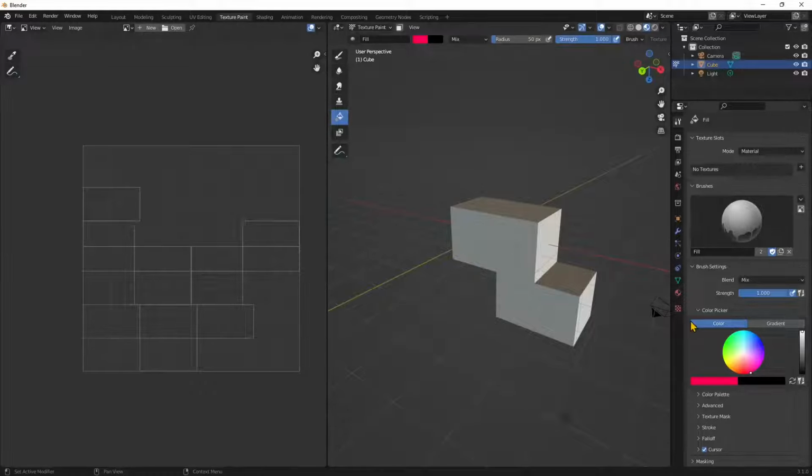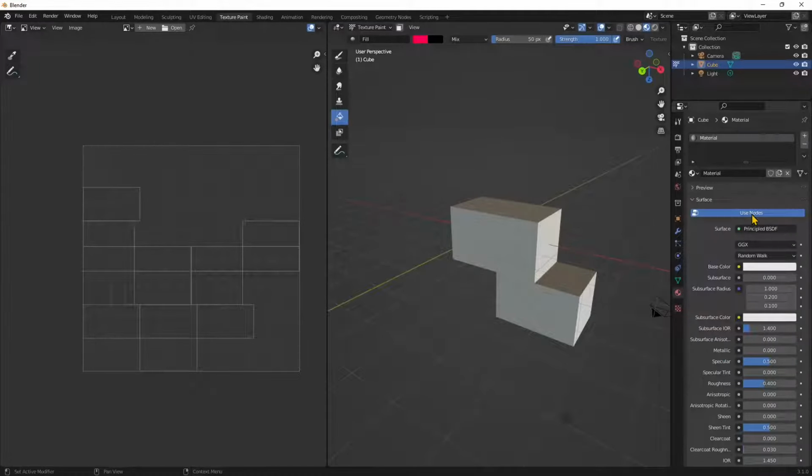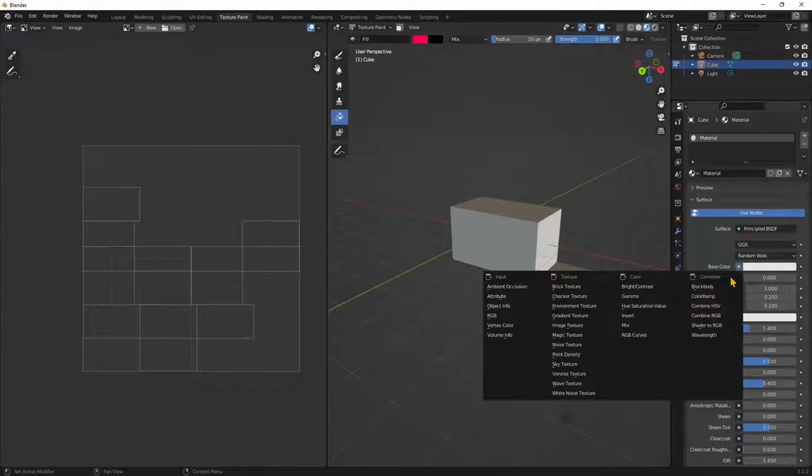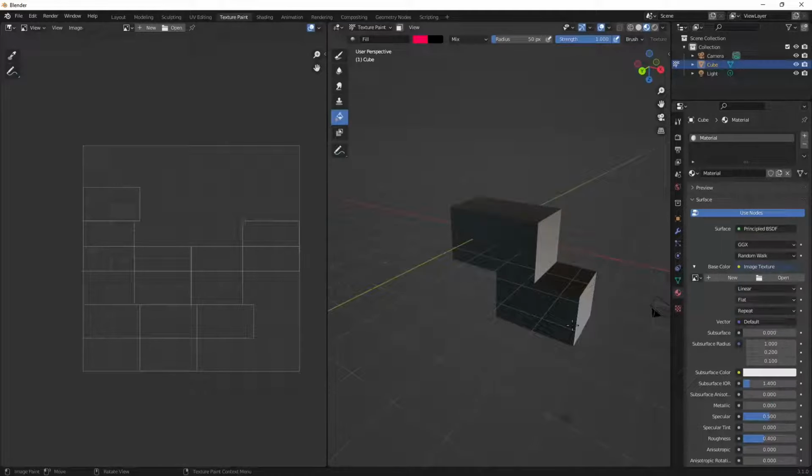If we go into the material again, click on that base color, and again, we can apply an image texture. Okay. And we are not ready yet because we